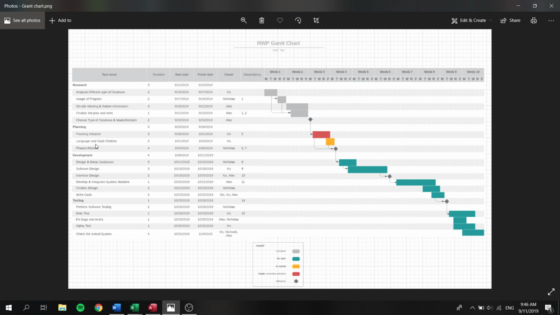We chose Microsoft Access as the database, and for the programming language we use the Visual Basic application in collaboration with Excel, because